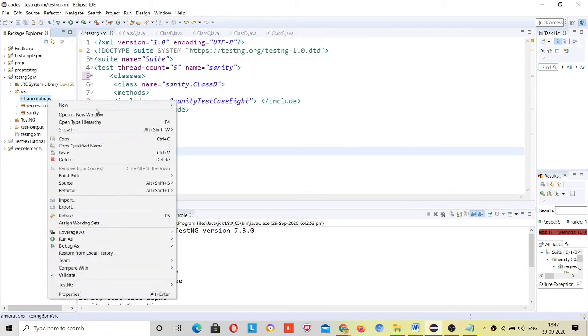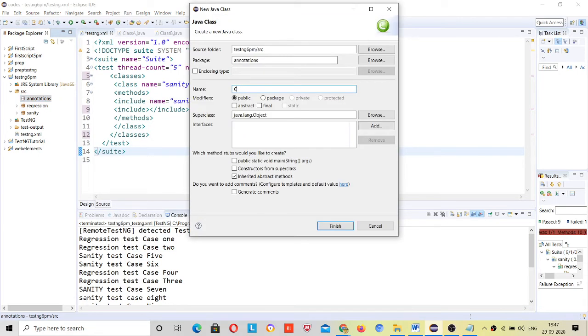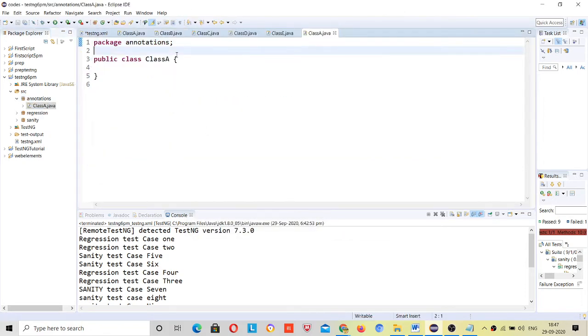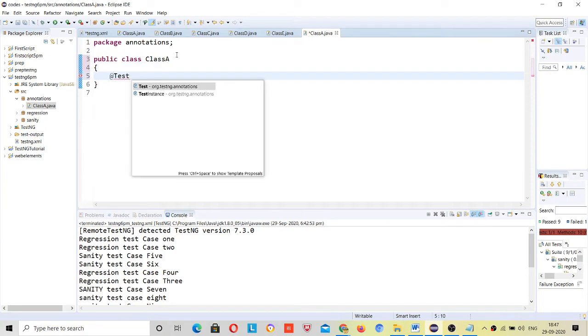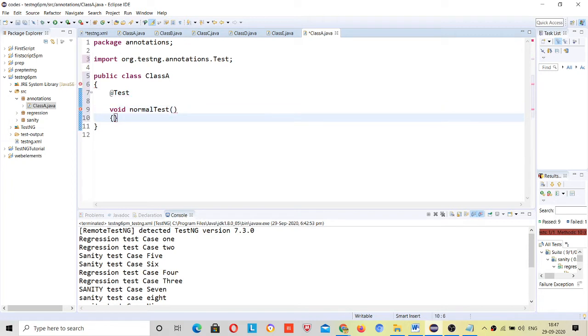I will create a class here first, class A. Inside this class A, let me have one @Test annotation and then a void normal test, and I will give the message same as normal test.